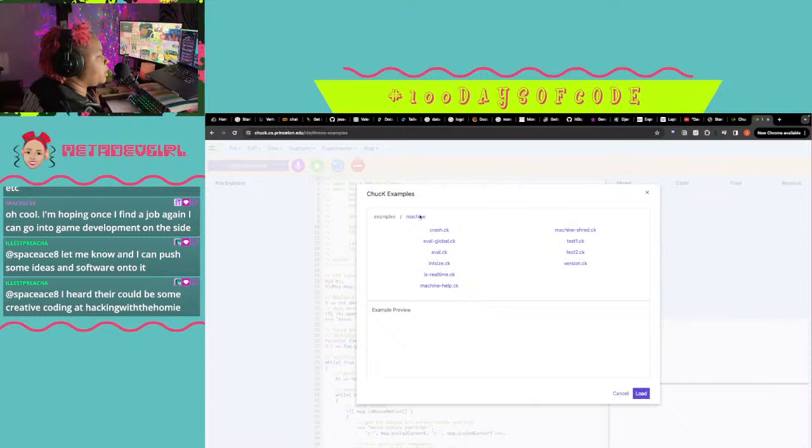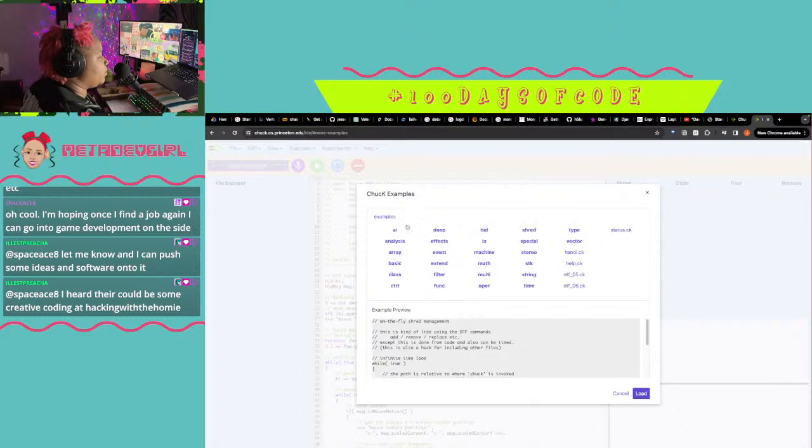That's very interesting. This explicitly and deliberately crashes Chuck. Use with caution. On the fly shred management. Filter.